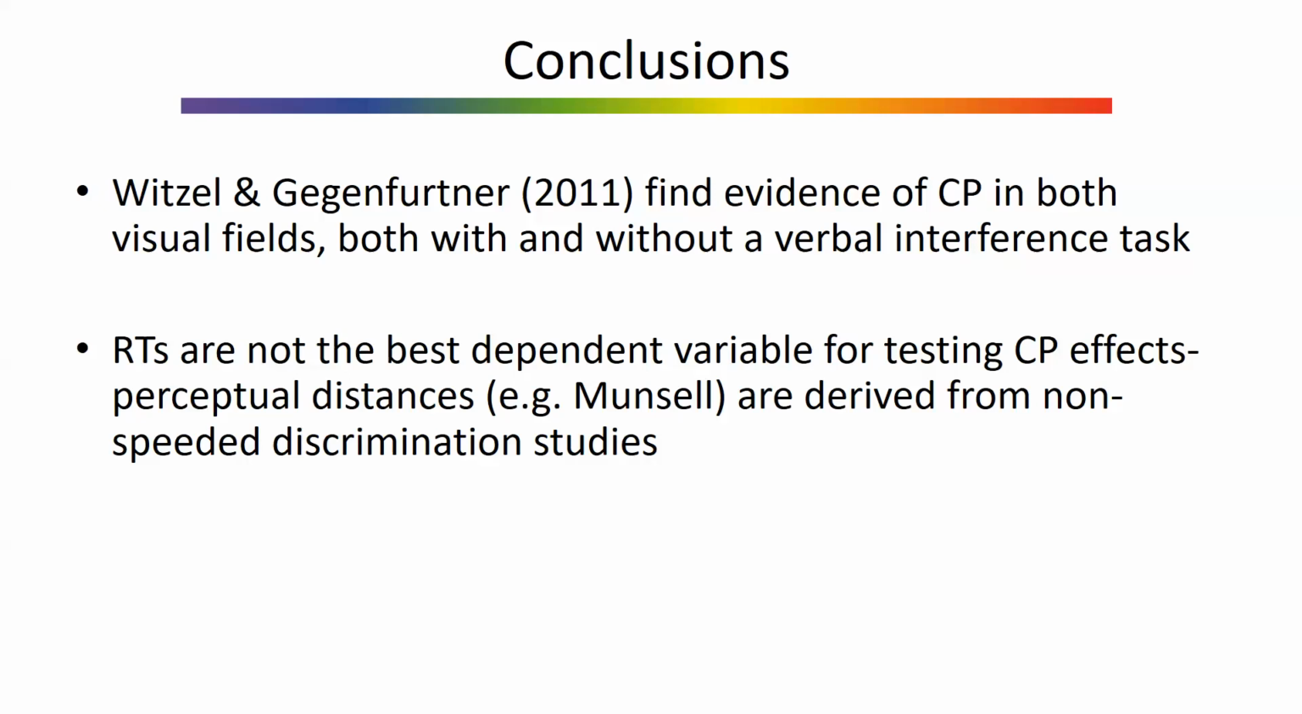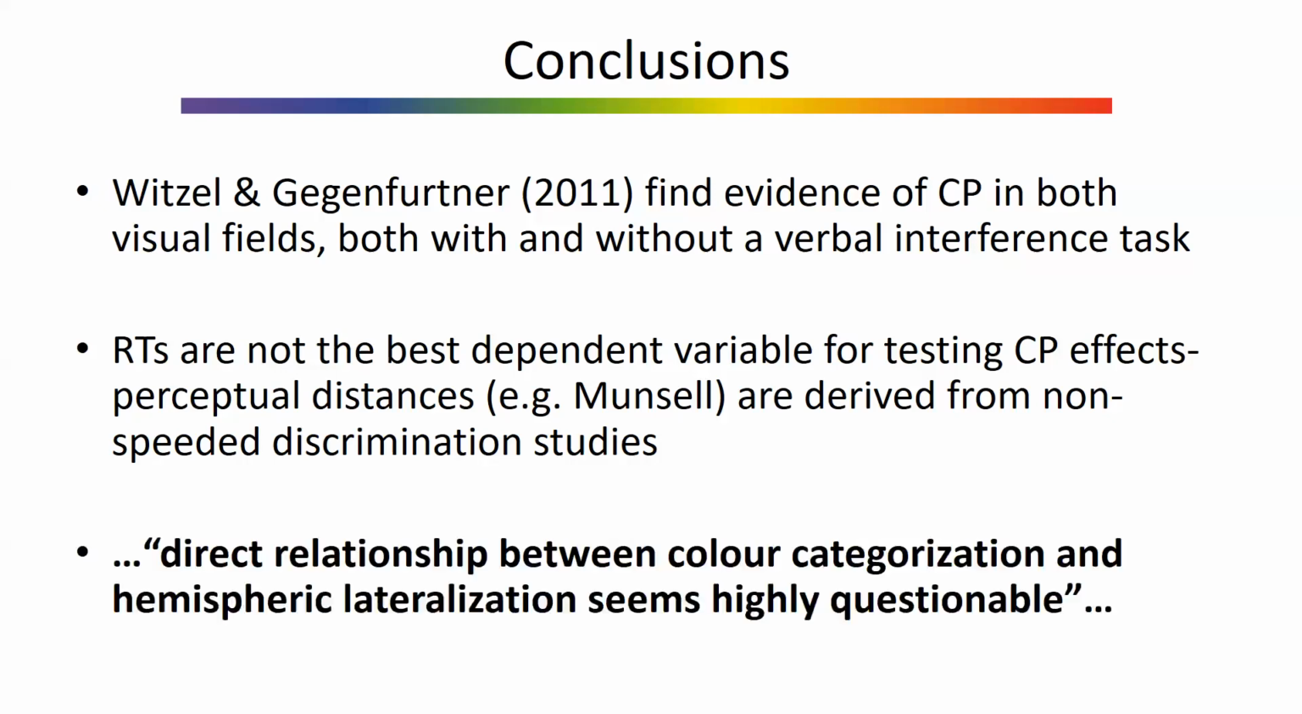And just because something is equally discriminable when you have all the time you need does not equate with how you might respond to it with speed, as that's not the variable on which it was controlled. And quoting from their paper, based on this data, the direct relationship between color categorization and hemispheric lateralization seems highly